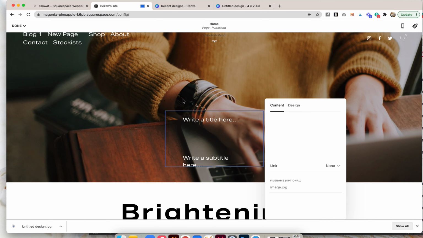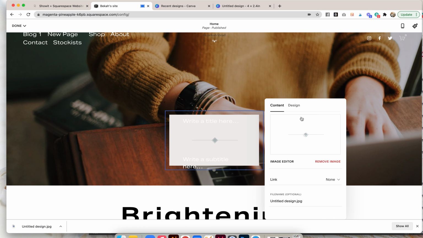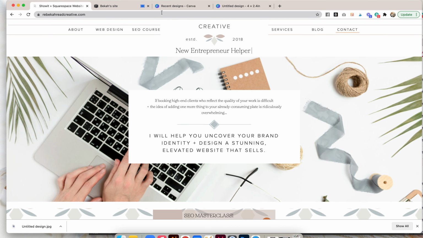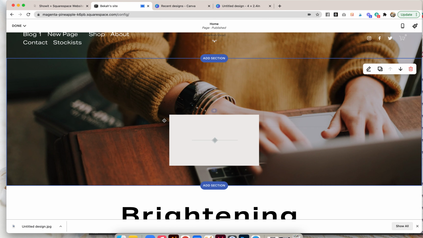I don't know why that shrunk it. Okay, guess you just have to do it as a JPEG. Sounds good. All right. Don't love how that looks, but we're in a time crunch, so.